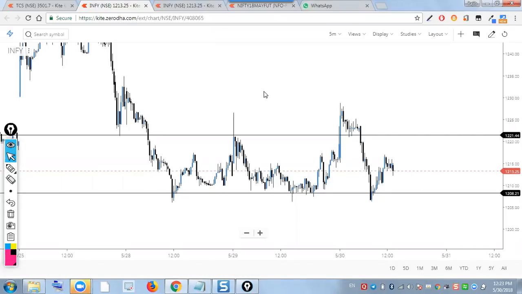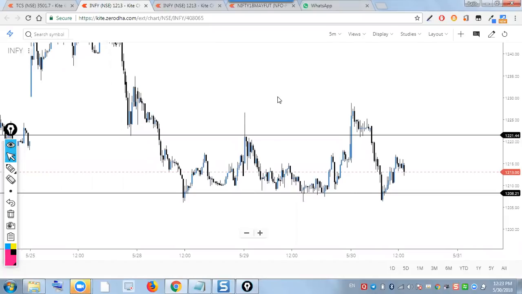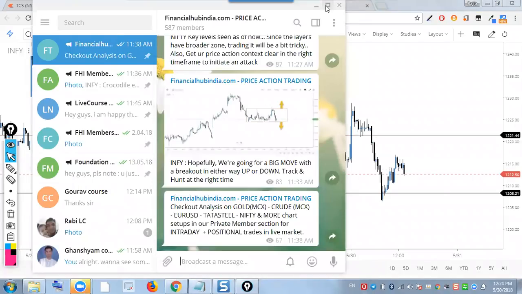I'm doing an Infosys analysis here. So currently Infosys is moving in a range. I think that is clearly seen in